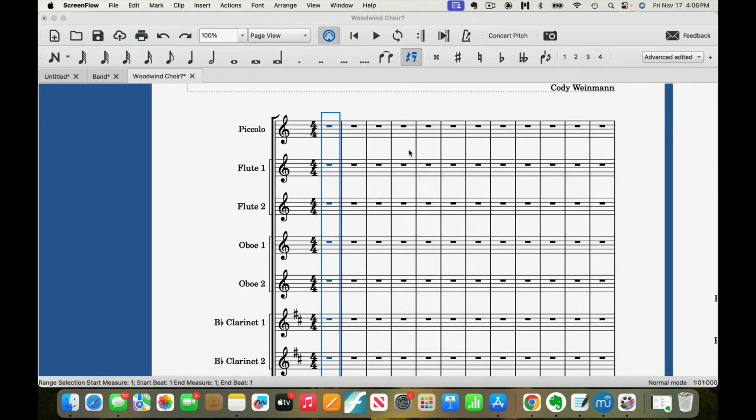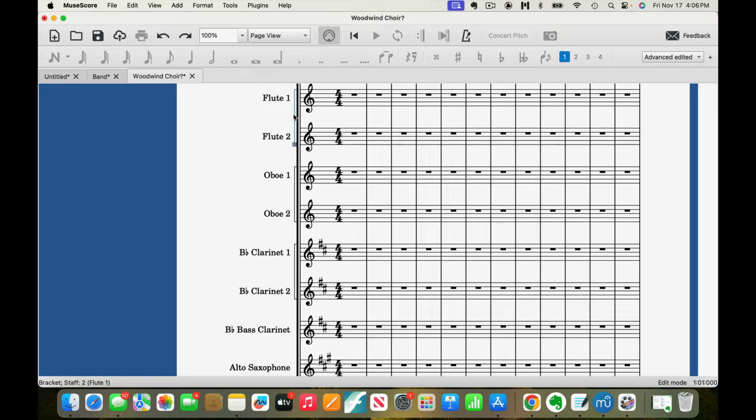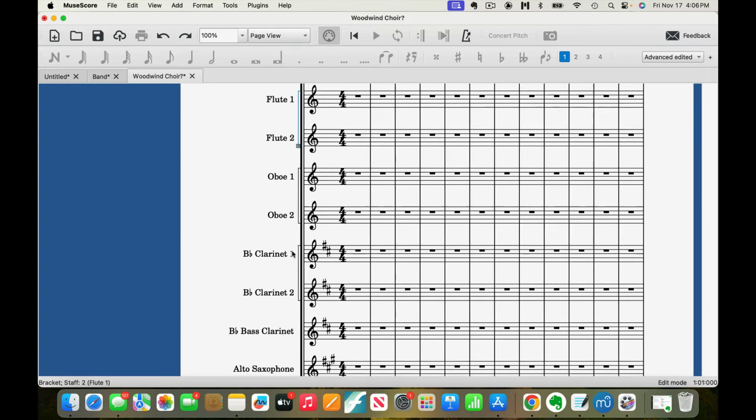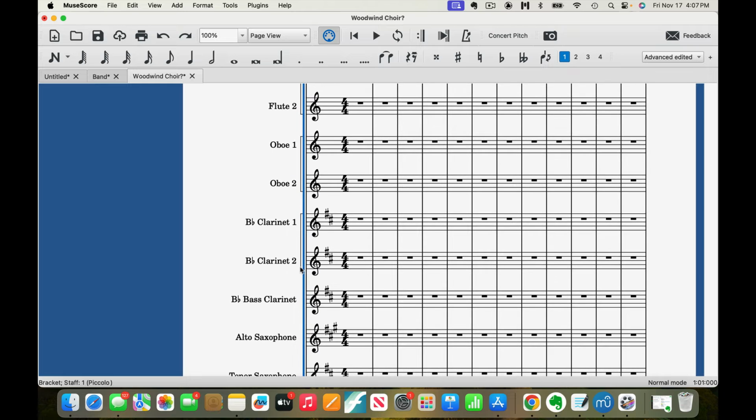If you look at this right here, you will see where the flute 1 and flute 2 are. You'll see this line going down from flute 1 to flute 2, and then oboe 1 and oboe 2 have it, clarinets have it, and of course if I wanted bass clarinet to be part of that,